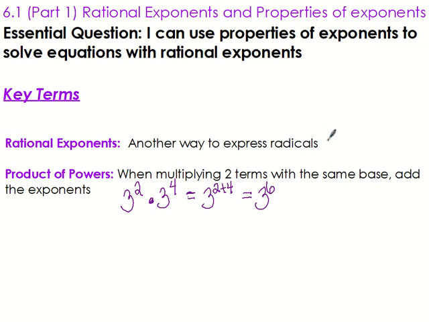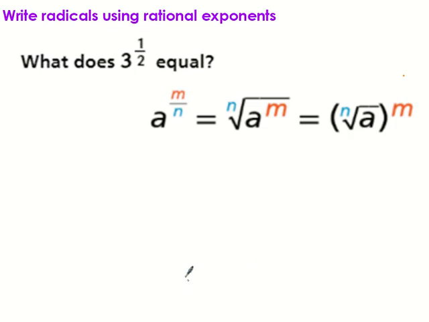Okay, and a radical, we'll just put that in there. It's this kind of symbol, and sometimes we have a little number in it. These are called radicals. So it's another way to express these, but these are radicals. That's a really bad arrow. There we go. All right. So we're going to use